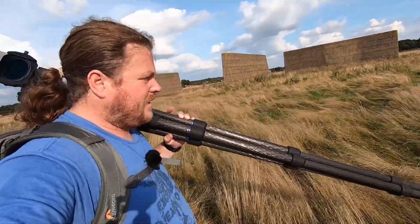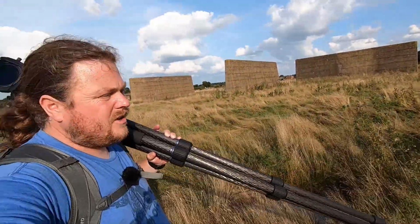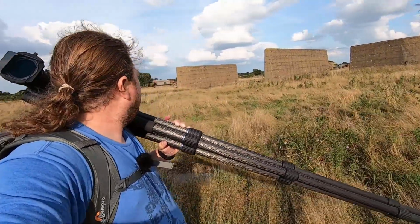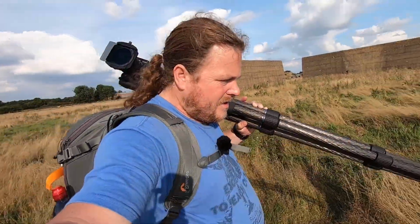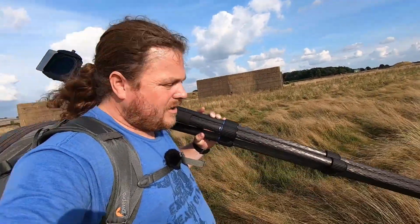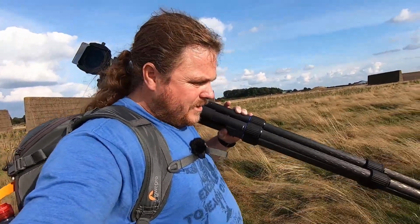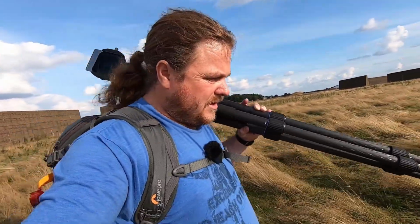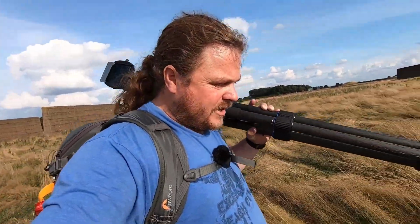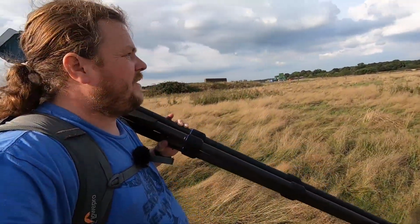And it's pretty sweet, but what I'm trying to do, what you can see with the camera there, is eliminate some of the clutter behind the shot, and I'm looking for something just a little bit different that I haven't seen from here before as well. And I'm mindful where I stand, because this grass is really long. You just don't know what's in there. Don't really fancy getting bitten by anything, but